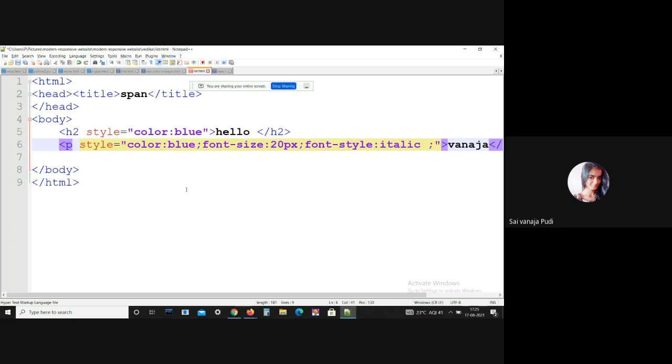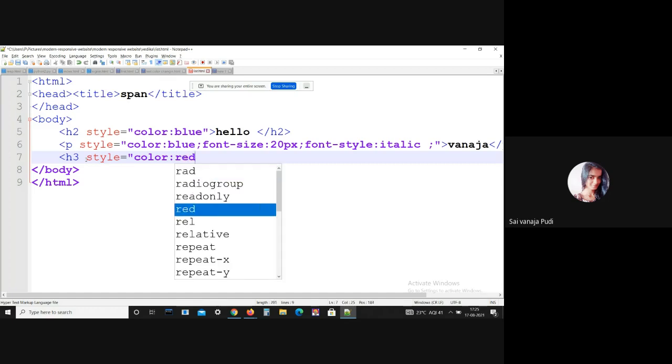Actually, let me give, okay, this is one example for the CSS. Let me give another example, that is here I'm opening heading 3, h3. Now here I want to add some, first let me add color. What color? Red.